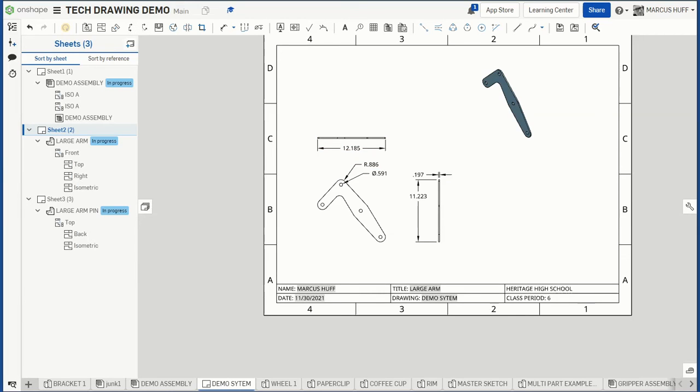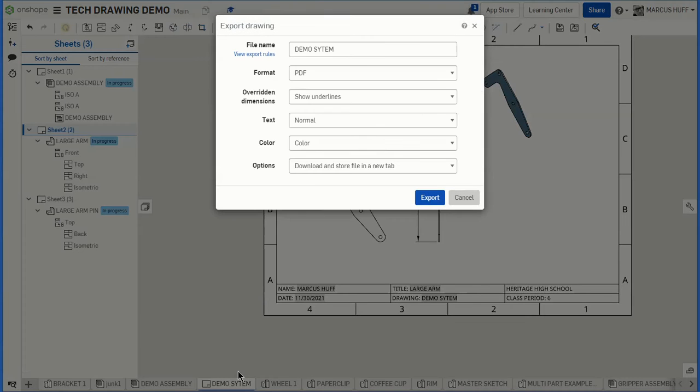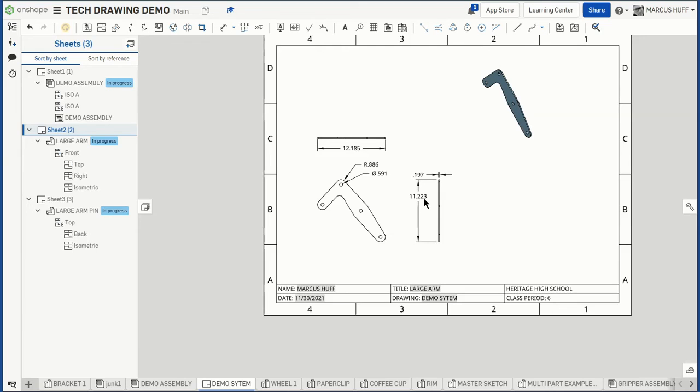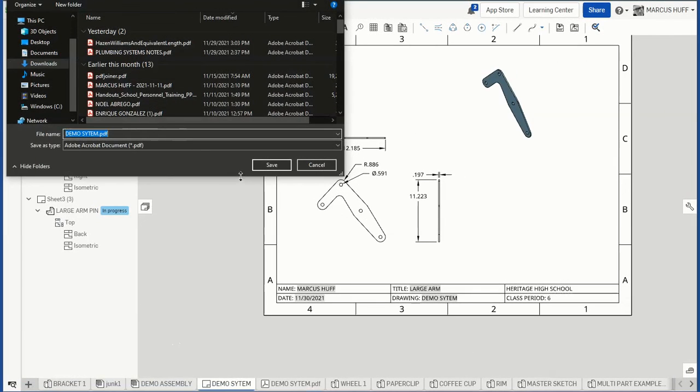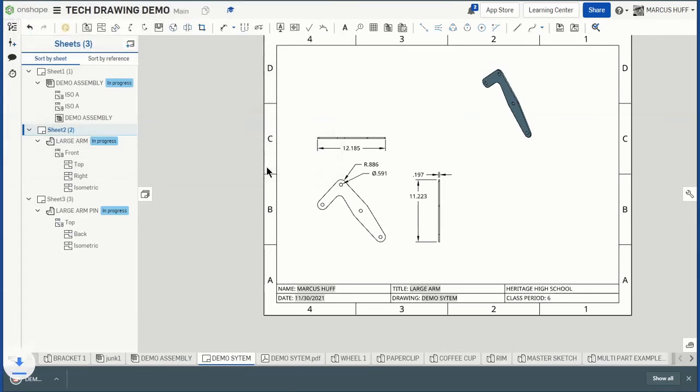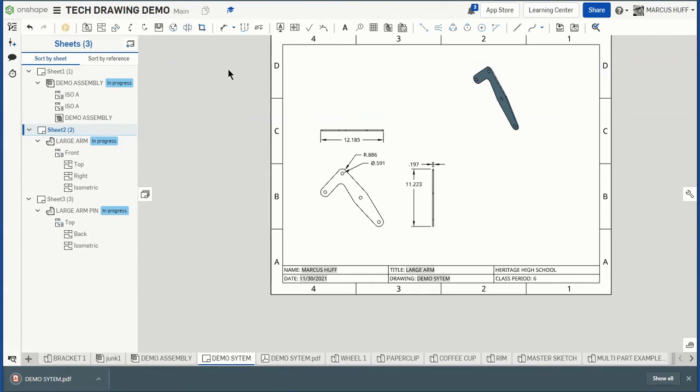Okay, how do you make this into a PDF that you can share with people? So I'm going to right click on this and we're going to export. And we want to say this is a PDF and that looks like a good set of settings. Export it and it says it's being prepared. You'll see a notification. What it normally does is it's going to put a PDF in here at the end. Export that. There it is. Demo system. Yay. We have a PDF. I'm going to save it. And then that's what you can use to share your